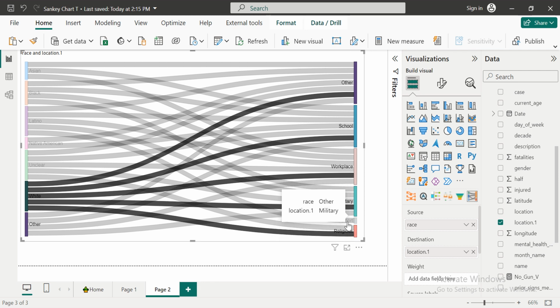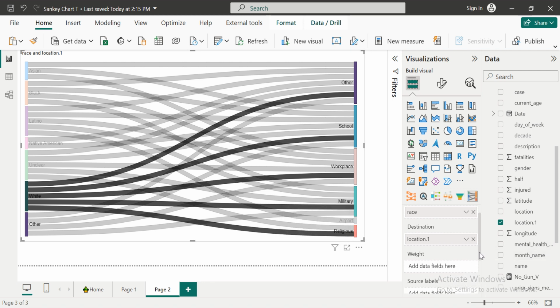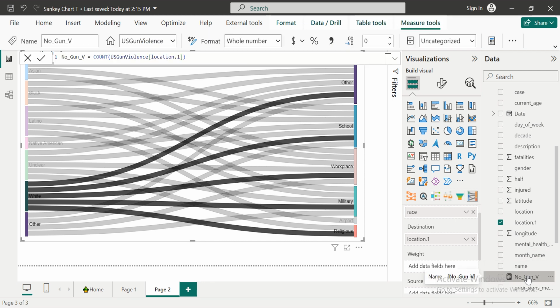Okay, but now you can see as I placed this here, the tooltip is giving me a weight of 0. Why? Because we've not put our weight here. Our weight in numerical value will go into that particular weight. Now, I've already calculated the numerical value I want to use. That represents the number of gun violence in US. So once I click, drag and drop,